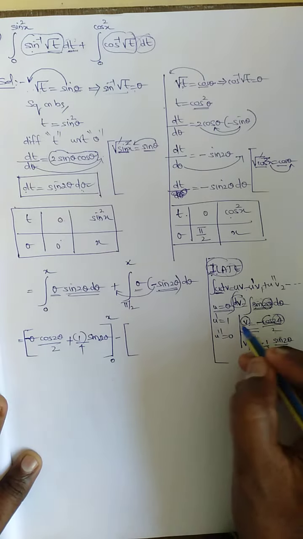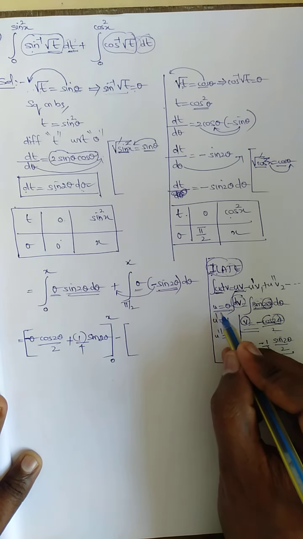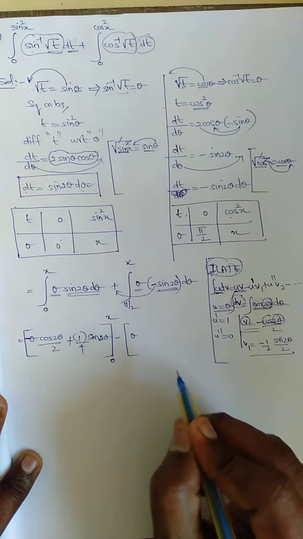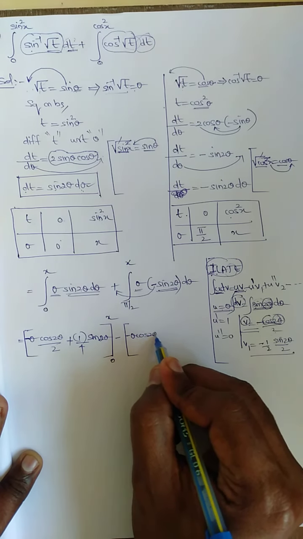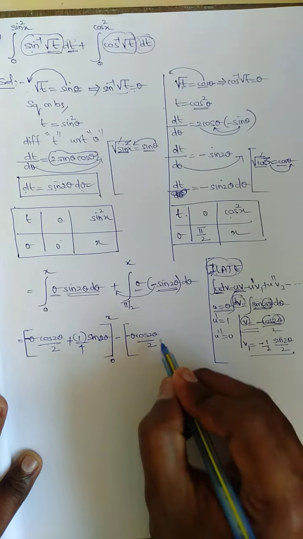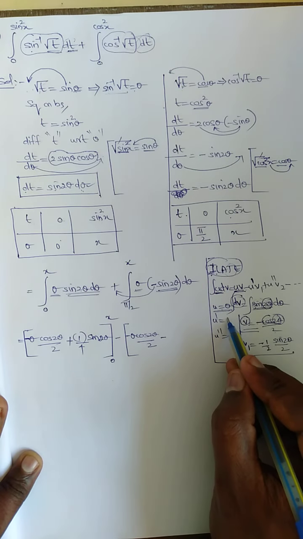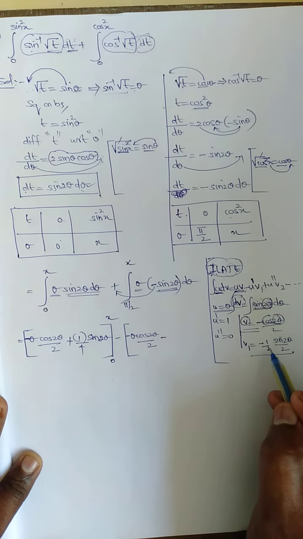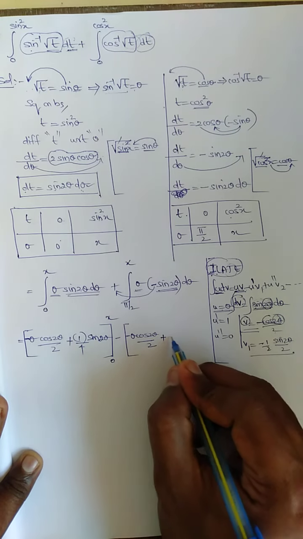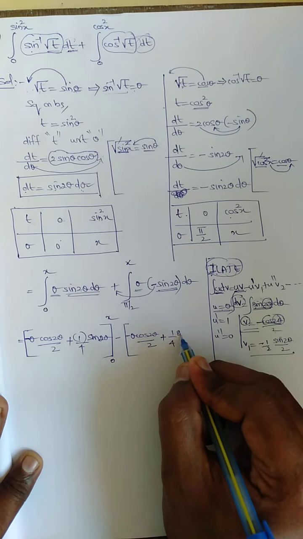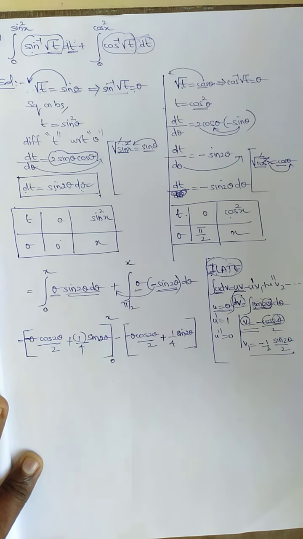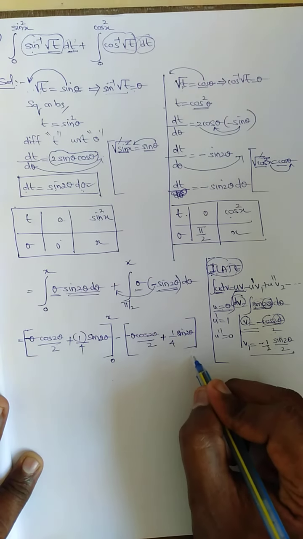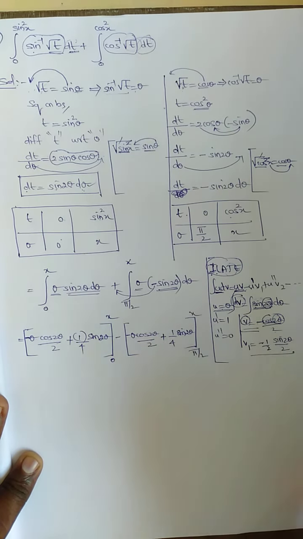What is the formula? First uv. uv is the formula. Which one is u? u is theta. u v. v is minus cos 2 theta by 2. Minus u dash v1. U dash is 1. V1 is this one. So I need to apply plus 1 by 4 sine 2 theta. Close the bracket, because we need to apply the limit. So need to close the bracket. Pi by 2 to x.